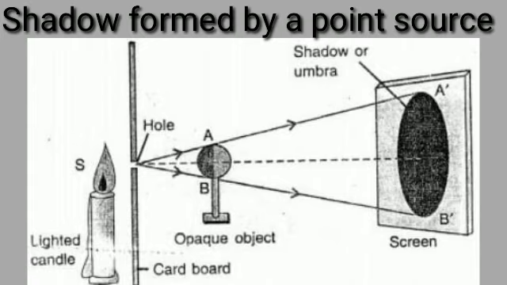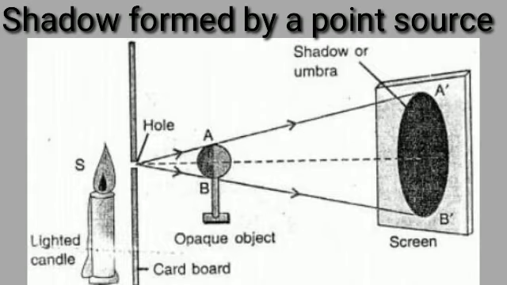Place a screen vertically at a distance of 1 meter beyond the cardboard. Hang the big ball between the screen and the cardboard. Observe the shadow AB of the ball. The rays OP and OQ starting from the point source just pass by the ball and fall on the points A and B on the screen respectively. However, since no rays reach the screen between the points A and B, that part remains unlit. This is the dark shadow or the umbra.